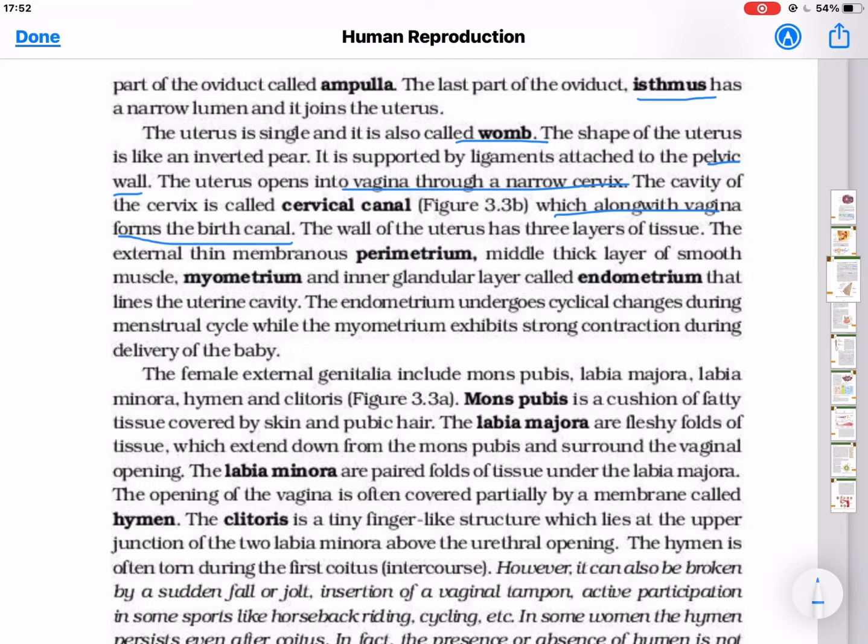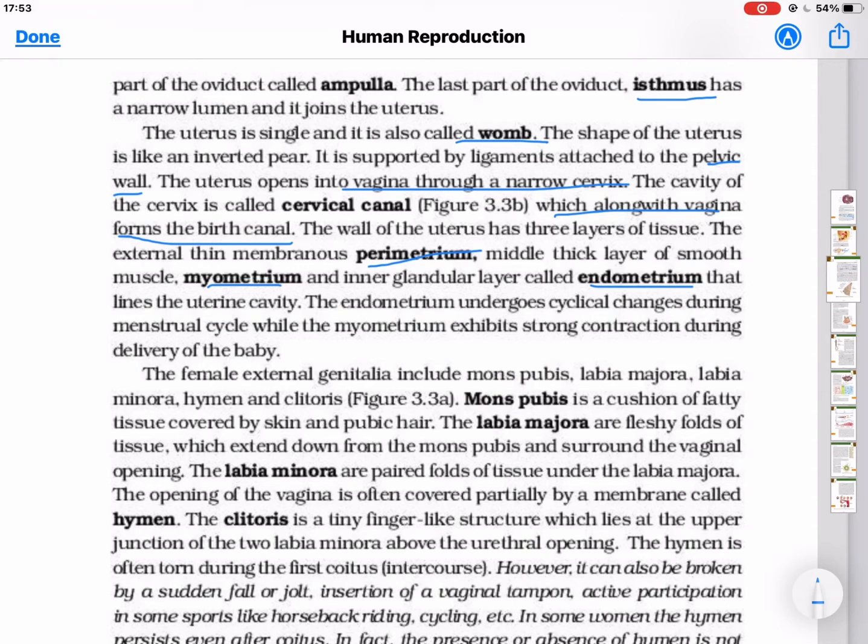The wall of the uterus has 3 layers of tissues. The external thin membranous is known as perimetrium. जो यूट्रस की वॉल में 3 लेयर्स हैं, आउटर लेयर को बोलते हैं पेरीमेट्रियम, मिडल वाली को बोलते हैं मायोमेट्रियम और अंदर वाली को बोलते हैं एंडोमेट्रियम। बाहर की जो थिन मेम्ब्रेनस लेयर है उसको बोलते हैं पेरीमेट्रियम, मिडल वाली थिक है और उसमें स्मूथ मसल्स प्रेजेंट हैं उसको बोलते हैं मायोमेट्रियम। जो इनर वाली है उसमें कुछ ग्लैंड्स प्रेजेंट हैं जिसे कहते हैं एंडोमेट्रियम।